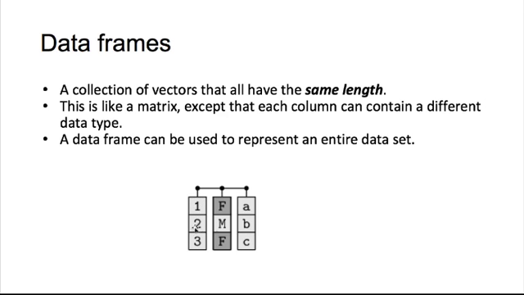So in this case we have this data frame, and it should have 3 rows and 3 columns. And we can use data frames for all sorts of things. Lots of data that you're going to download, after you've downloaded it, we're going to want to put it into a data frame. Take for instance, if you wanted to collect data from